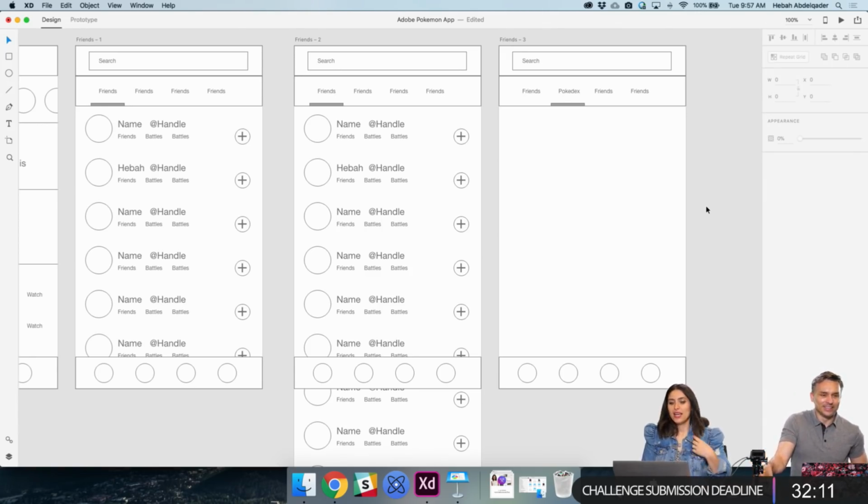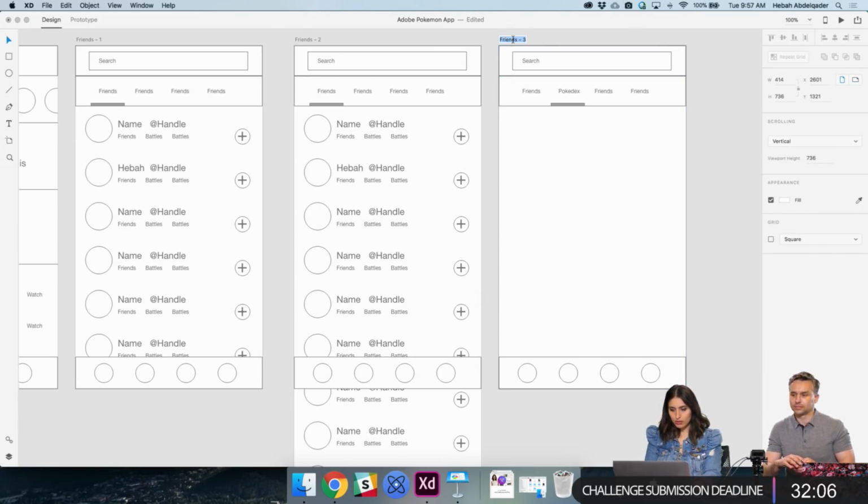All right, so what I like to do is name my artboard. This is going to be search, and it's going to be Pokédex. The reason I like to do that is because when we start prototyping, you're going to know which ones to link to. I like to put as much detail as possible in naming it. The client never sees it, so you can be as descriptive as you want. Instead of naming my layers like in Photoshop, which was best practice, I just name my artboards now.